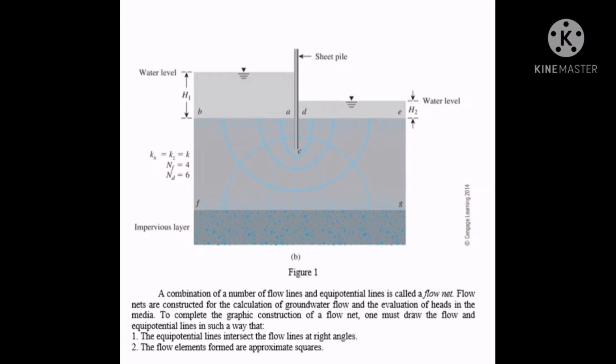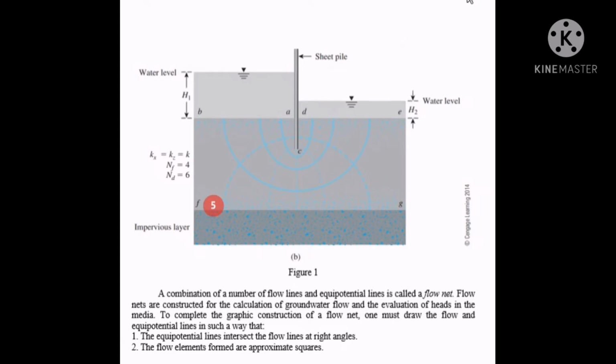For equipotential drop naman, ganun din. We also count the spaces. Kasi, di ba, if we count the lines lang, there are 1, 2, 3, 4, 5 lang. But this line na to, this is also equipotential drop, or equipotential line rather. So, if we count the equipotential line and the spaces, I'm sorry, that should be